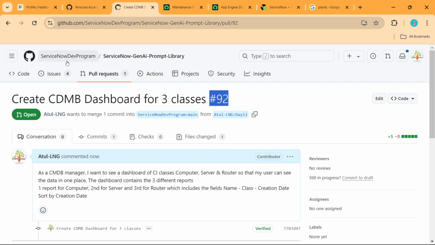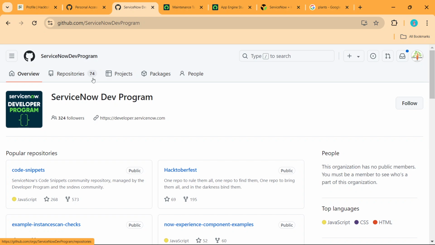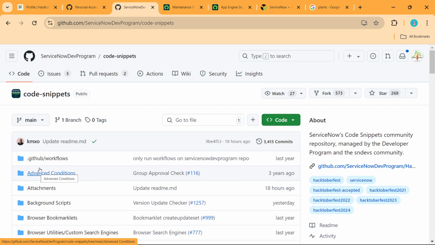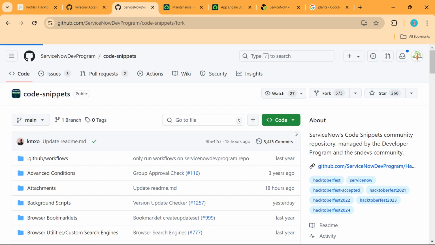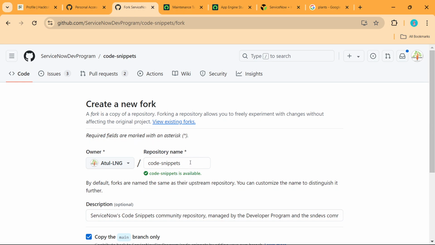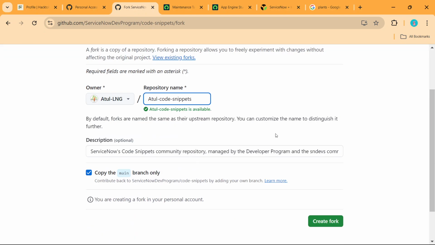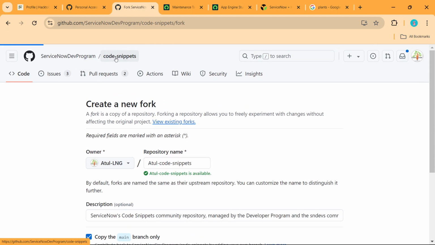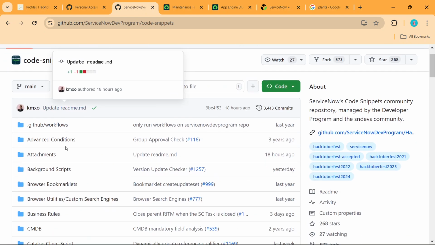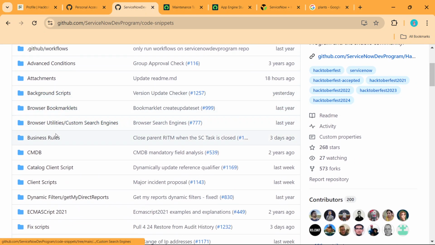Now the last portion, go to here. Now I want to make changes in the code snippets. Okay, so in this same thing, fork it, because now I've got the option for the fork, create a new fork, because I never worked on this particular part. Code snippet, or I say Atul code snippet. I'm forking this complete part. Let me do one thing, code snippet, because in the code snippet I have a lot of information, a lot of use cases.